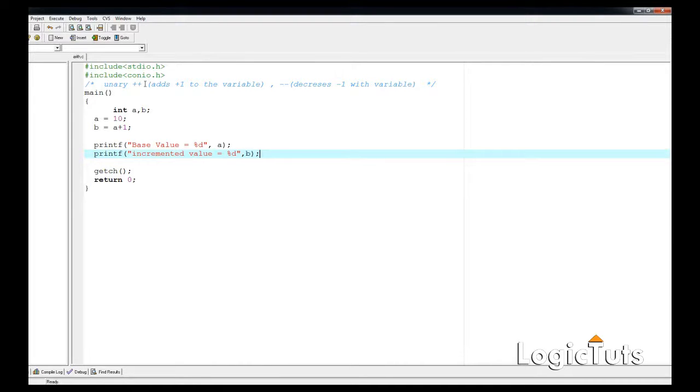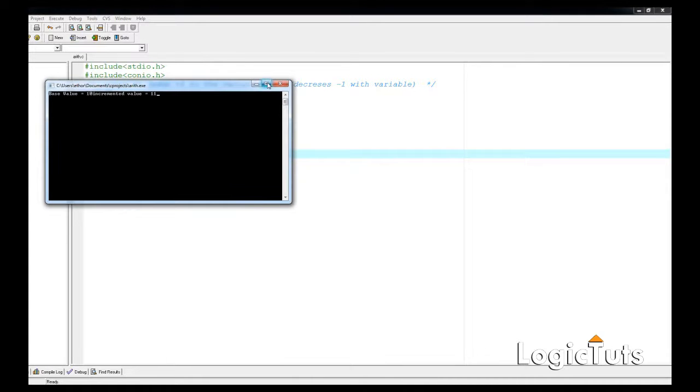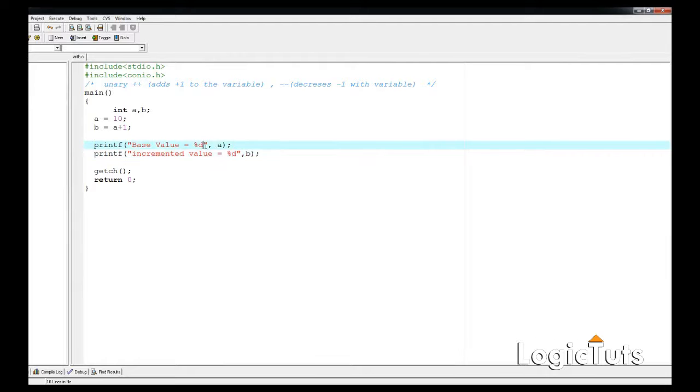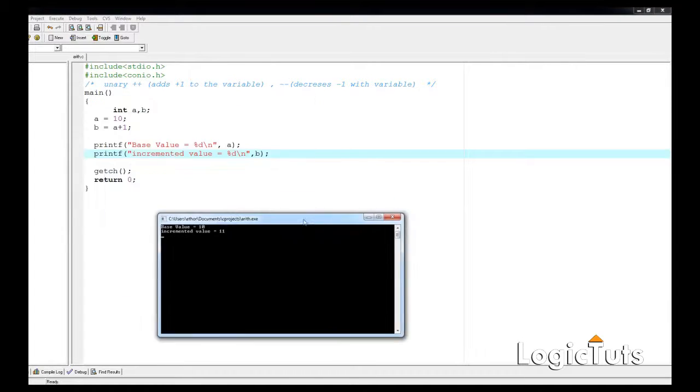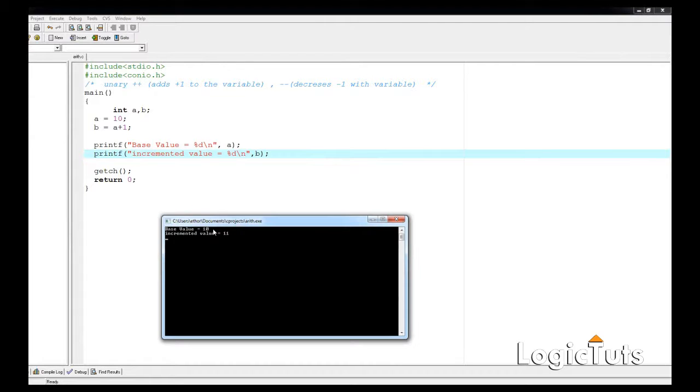If we save the program with Ctrl S, break these lines, compile and run, we can see the base value and the incremented value.